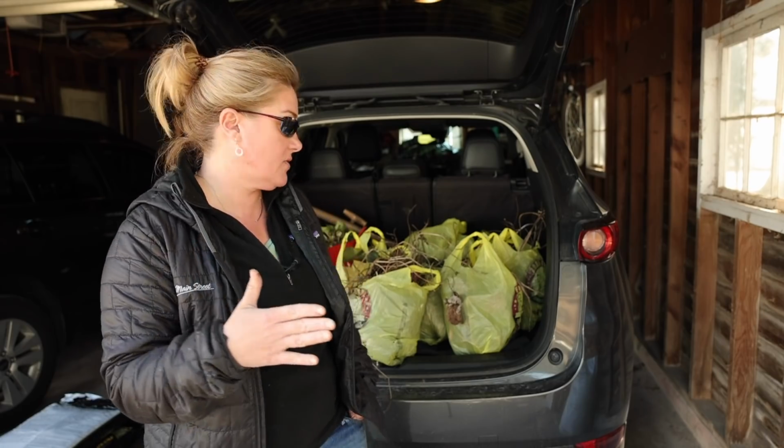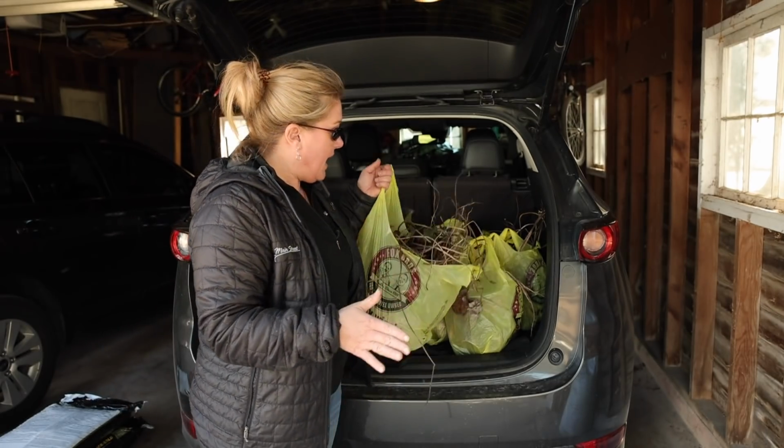If you don't want it to reseed, you just cut off the flowers or you scrub out the seedlings when you get them. But she's just kind of redoing a whole area, and just these plants had gotten too big. So I've got good spots for these. So this bag right here